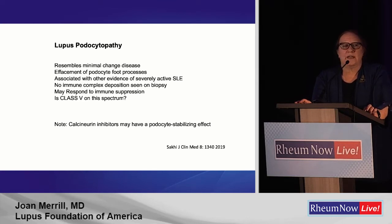It's possibly on the spectrum of class 5, but you're just not seeing immune deposits, and it's speculated that this is just infiltrating cells causing a direct damage from cellular activation. You do see effacement of podocyte foot processes, and it's generally associated with other evidence of severely active lupus, as this was. And again, no immune complex deposition seen on biopsy, but at least anecdotal evidence suggests that it may